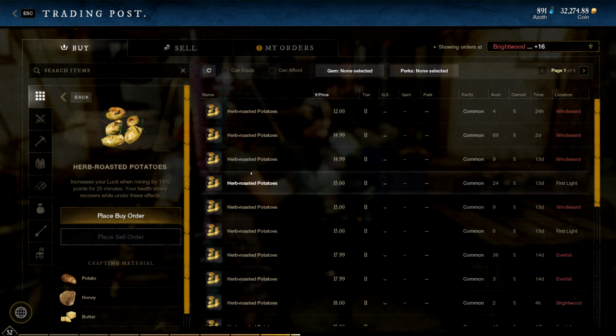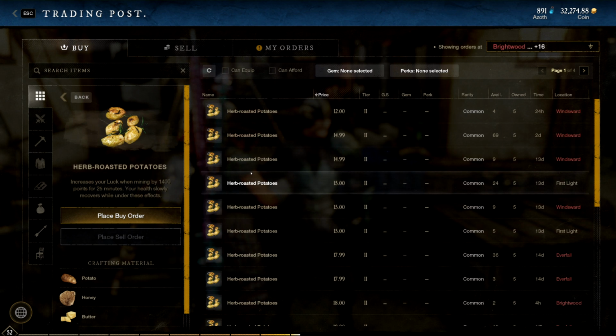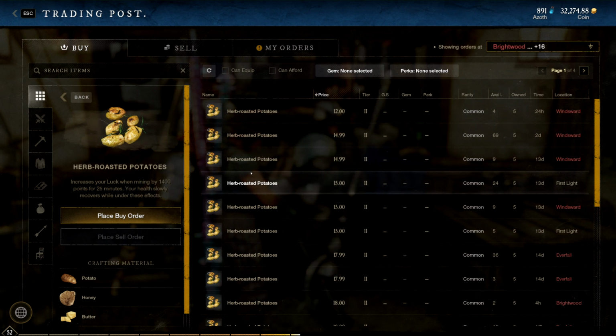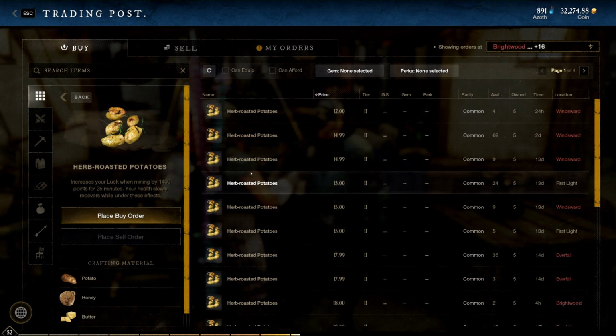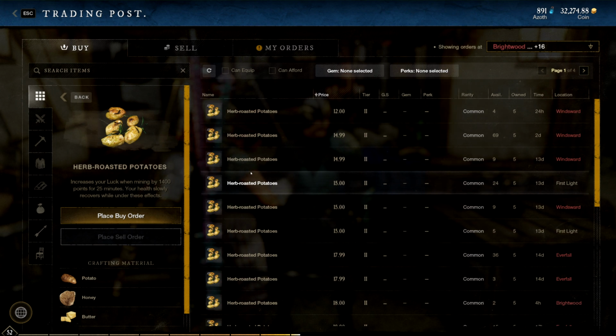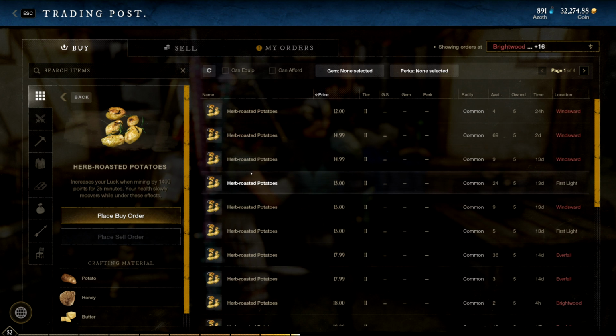Now, these are more specifically what I've actually gone, and this is actually interesting to me. So something that's a tier 2 version is selling for less than the tier 1 version, which means that we're going to get more luck from mining for a longer period of time, but it's actually cheaper. And I feel like on this market, even in Everfall, which is my primary home base,